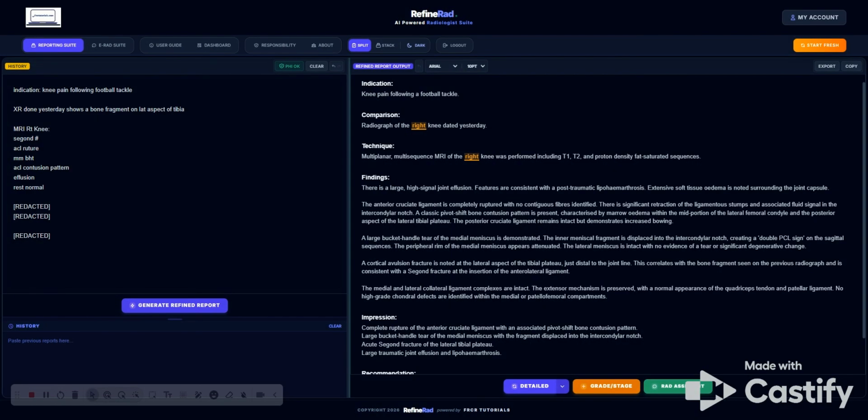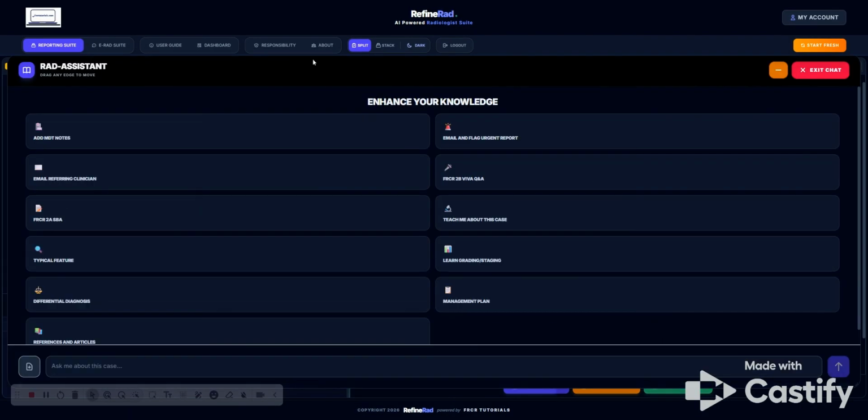I know there are many AVT softwares in the market which can do up to this point, but where RefineRad takes it to the next level is adding the chat assistant. If you click on Rad Assistant, you can create MDT notes. So if you're preparing for